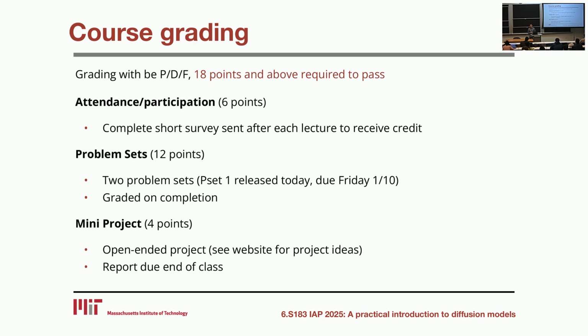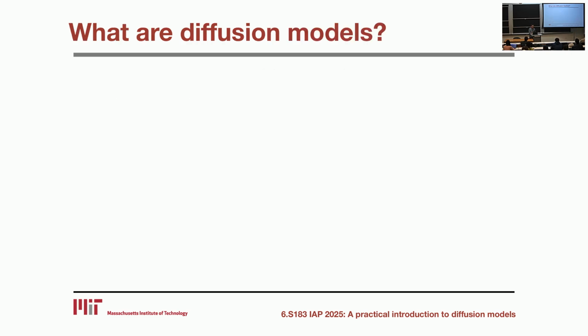So if you want to take this course for credit, you can see that based on the grading scheme, if you attend all the lectures and do all the problem sets, the mini project is optional. And you can also choose your own adventure by choosing which parts to complete. So you just need 18 points and above to get credit for the class. Are there any questions about logistics and grading? All right. So if not, then we'll go